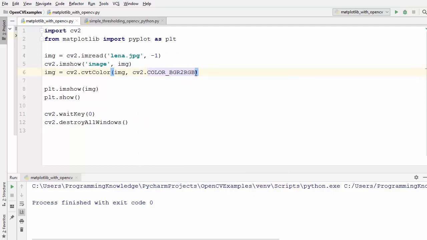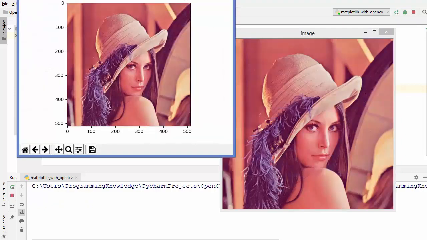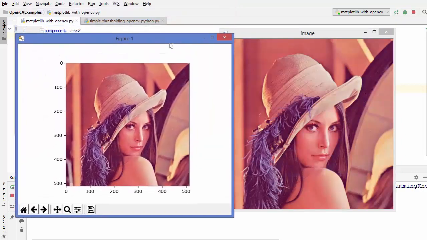Okay, so our matplotlib library shows the image in the RGB format, and OpenCV reads the image in BGR format. So now we have converted our image from BGR to RGB image, and now we are showing this image using matplotlib. And let's run this code and let's see what happens now. So now when we run this code, you see both the images look the same, right?